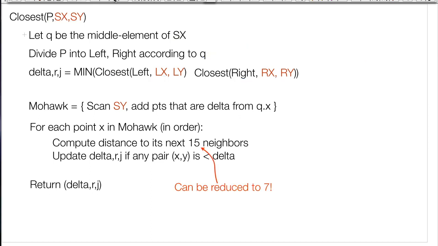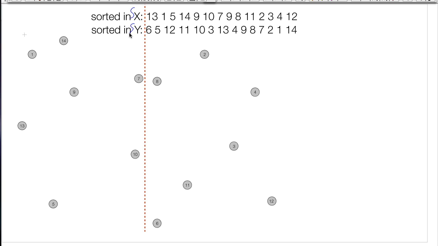So let's take a look at that diagram. Right, this is going to be Sx and Sy, and now we need to compute 4 sets, right? We need to compute Lx and Ly, and we need to compute Rx and Ry. This right here is going to be Lx. This right here is going to be Rx. Now, how do we do Ly? Because notice these points right here are 6, 5, 12, 11, etc. See, notice we go right, left, right, right, right, left, left. So